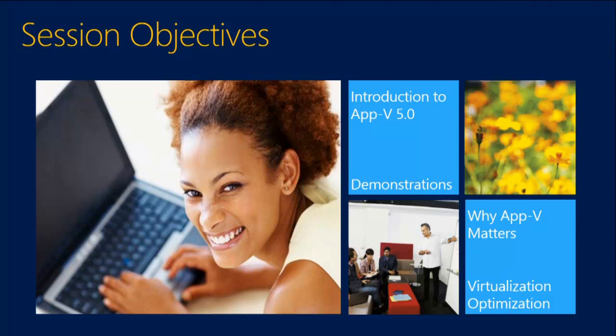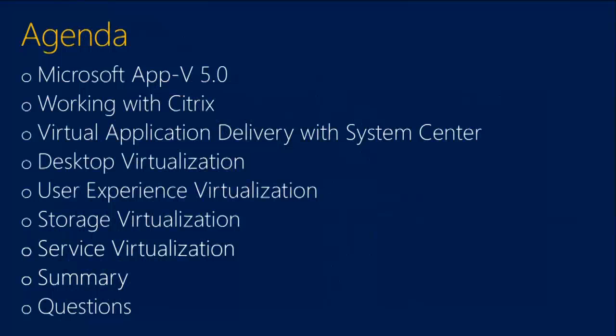And it's going to be chock full of demonstrations tonight, working not only with App-V, but App-V and leveraging Citrix solutions, App-V and leveraging other Microsoft virtualization solutions. You see how they go hand in hand. And we're going to emphasize why App-V matters, why App-V is your flexible application engine. We're also going to discuss virtualization optimization features and all the additional treats that we have added in the latest release of App-V 5 that allow for this type of automated solution. All right, so that's the main objectives, and this is what we're going to cover.